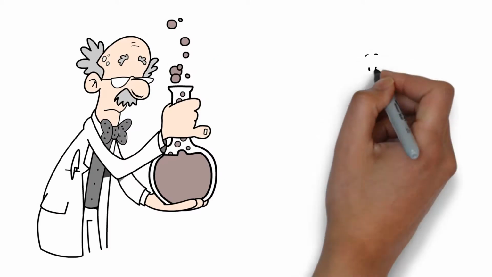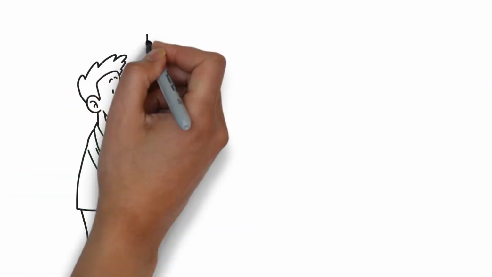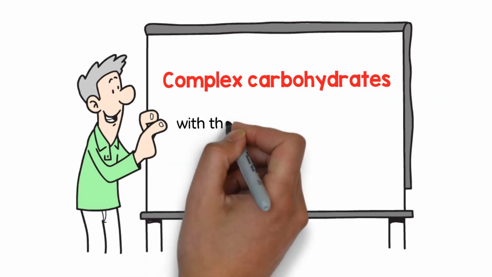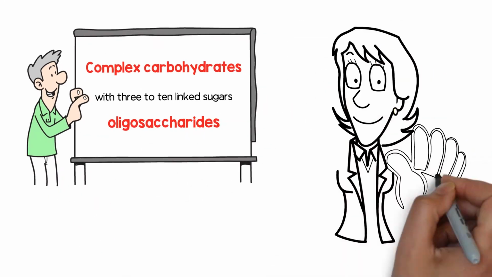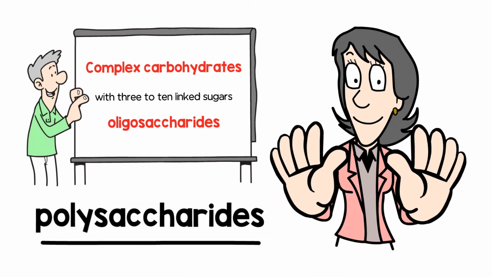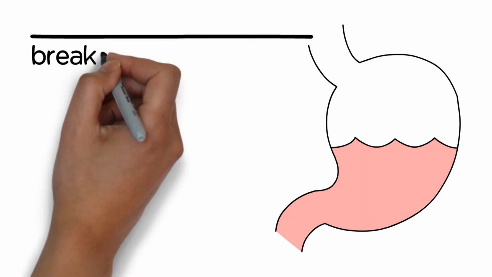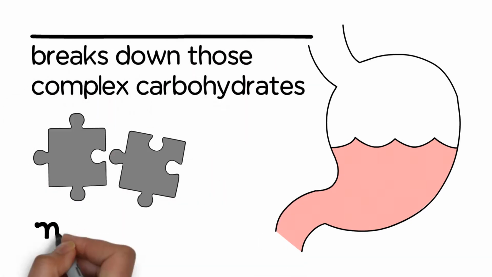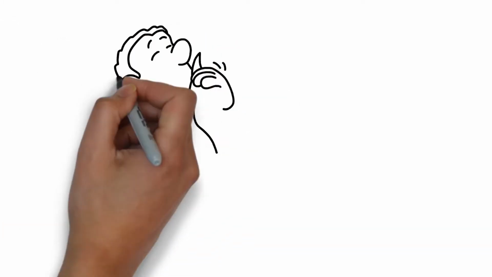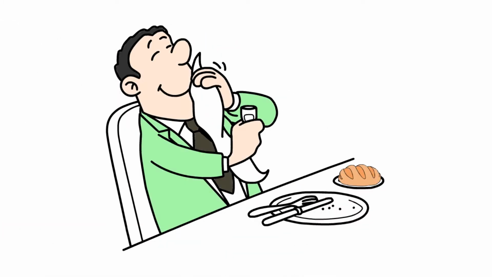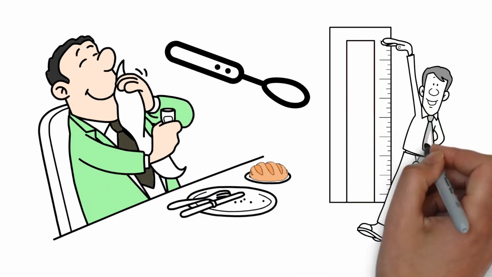Complex carbohydrates, on the other hand, have 3 or more simple sugars strung together. Complex carbohydrates with 3 to 10 linked sugars are all glycosaccharides. Those with more than 10 are polysaccharides. During digestion, your body breaks down those complex carbohydrates into their monosaccharide building blocks, which your cells can use for energy. So, when you eat any carbohydrate-rich food, the sugar level in your body, normally about a teaspoon, goes up,